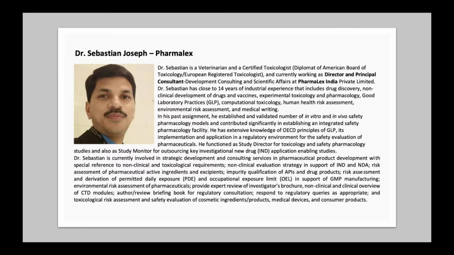Dr. Sebastian is currently involved in strategic development and consulting services in pharmaceutical product development with special reference to non-clinical and toxicological requirements, non-clinical evaluation strategy in support of IND and NDA, risk assessment of pharmaceutical active ingredients and excipients, impurity qualification of APIs and drug products, risk assessment and derivation of permitted daily exposure and occupational exposure limits in